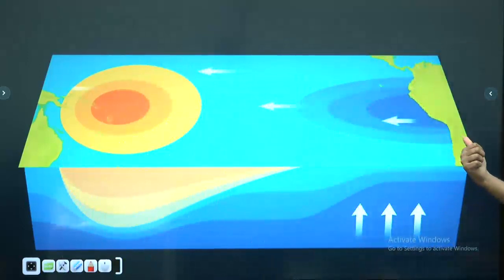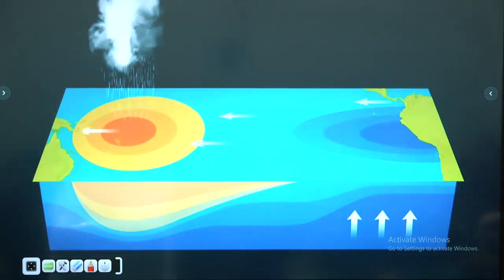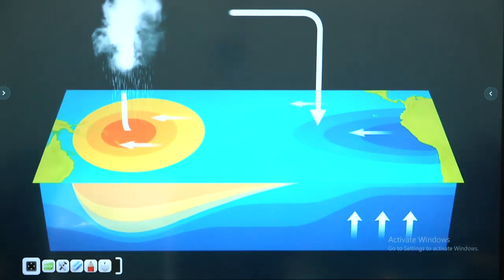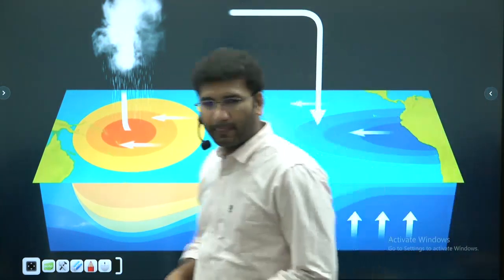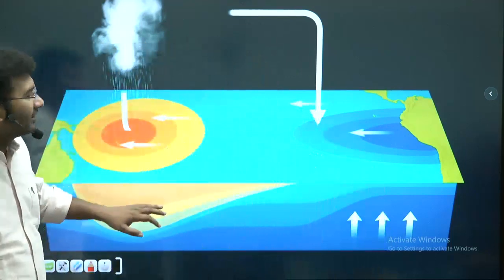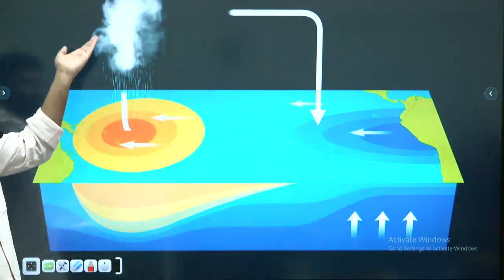South America should have very good fishing areas. But for reasons which we do not know, the entire system reverses and this will impact India as well. How is this going to impact? Look, normal conditions, rainfall,